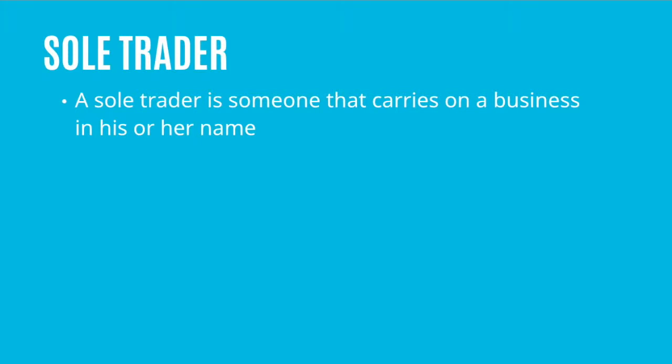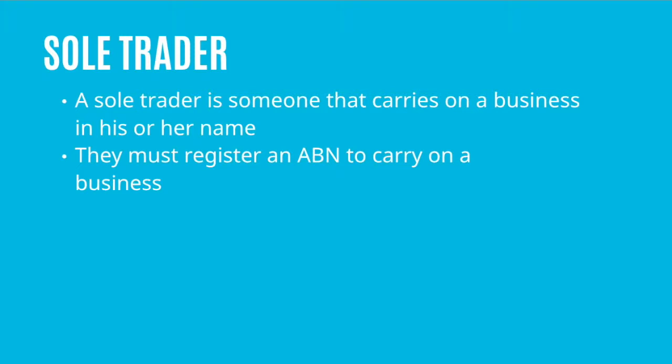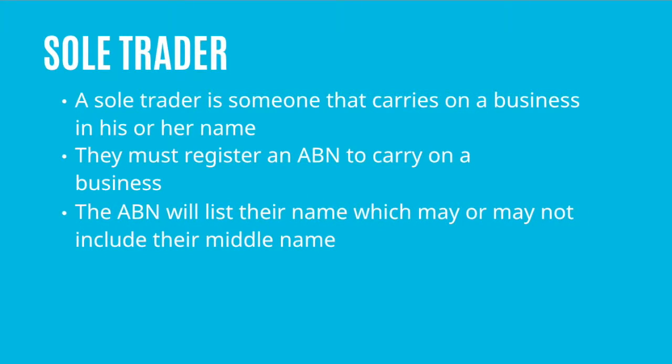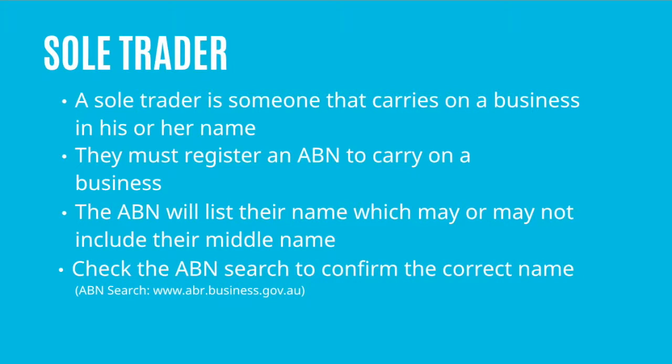A sole trader is someone carrying on a business in their personal name. They must have an ABN registered. The ABN will list the business name, which may or may not include their middle name. The best way to check the correct name is to go to